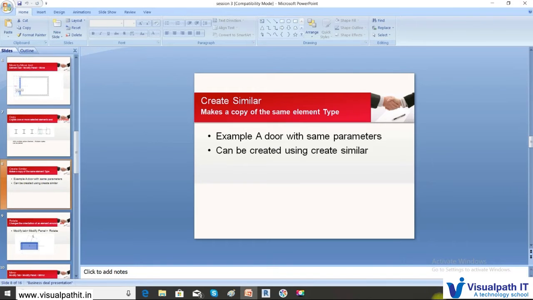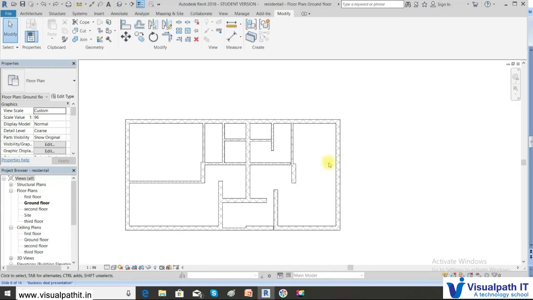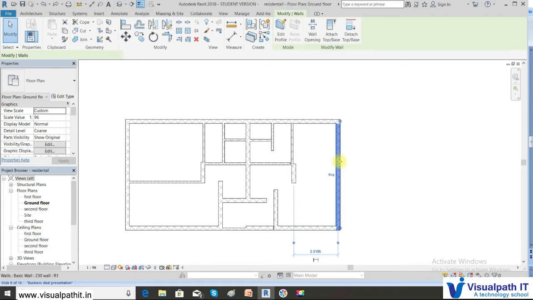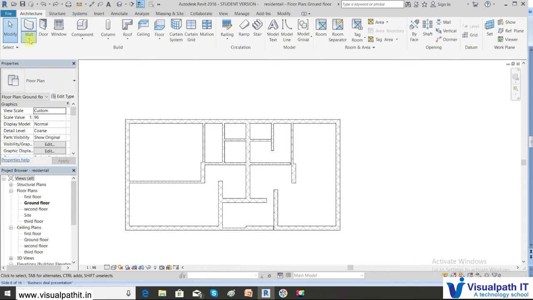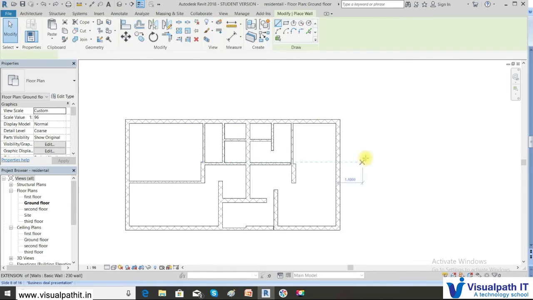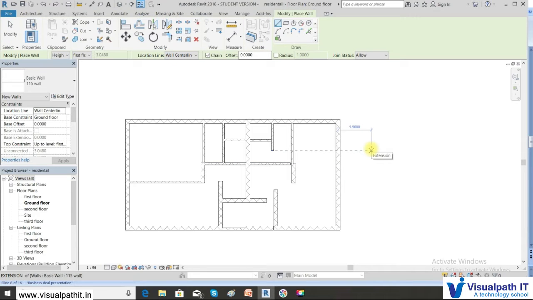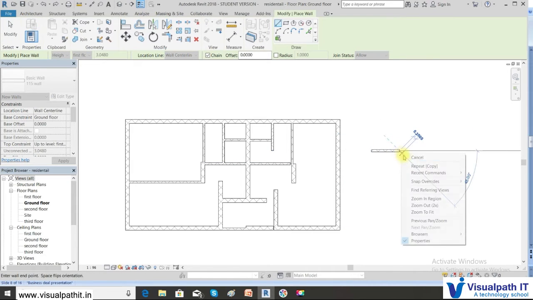So how the create similar works is, say I need to copy this, or let us create a wall again. So say wall, it has some properties. It's a partition wall.